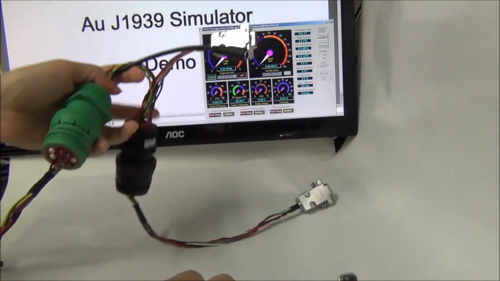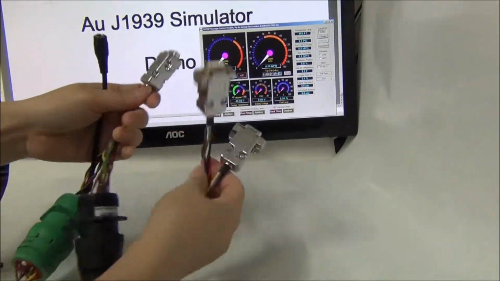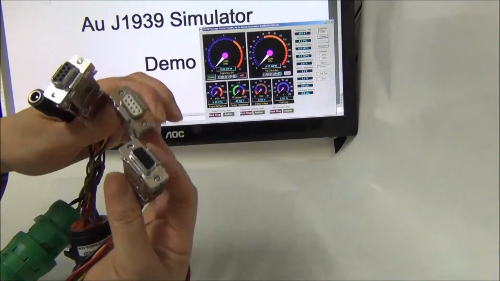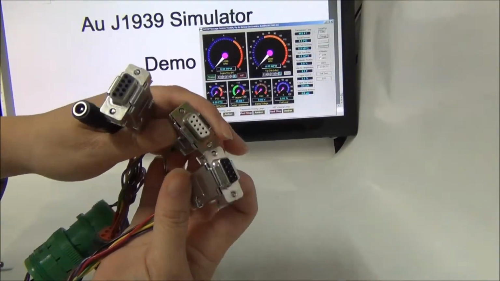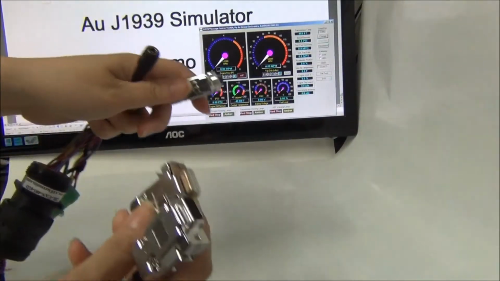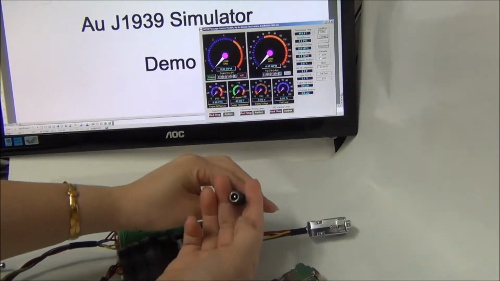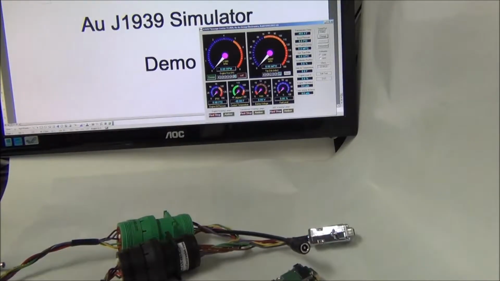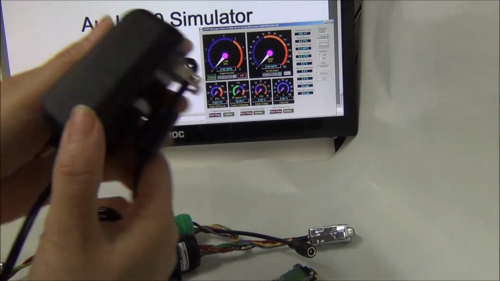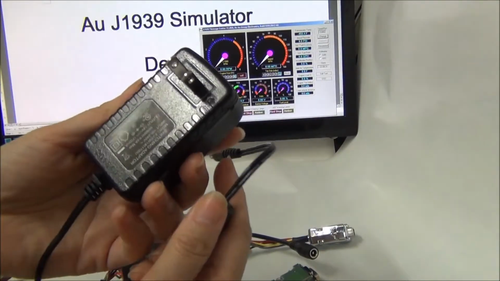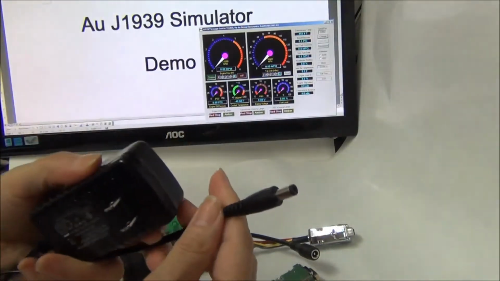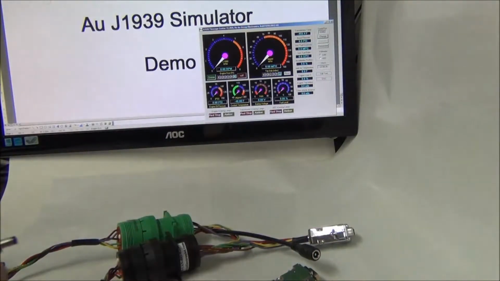Once this is set up, it provides 3 DB9 female connectors, so we can use those to connect 3 J1939 devices. It also has a power jack. We can use a 14-volt AC/DC power supply to provide power to those devices. First, we connect the power,